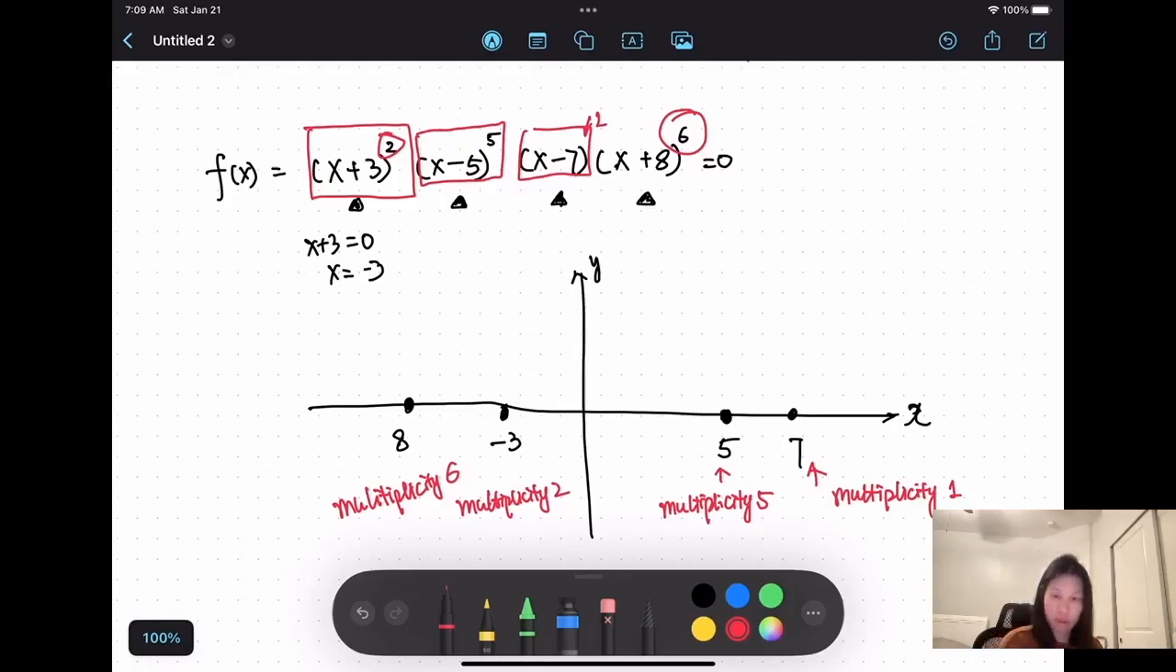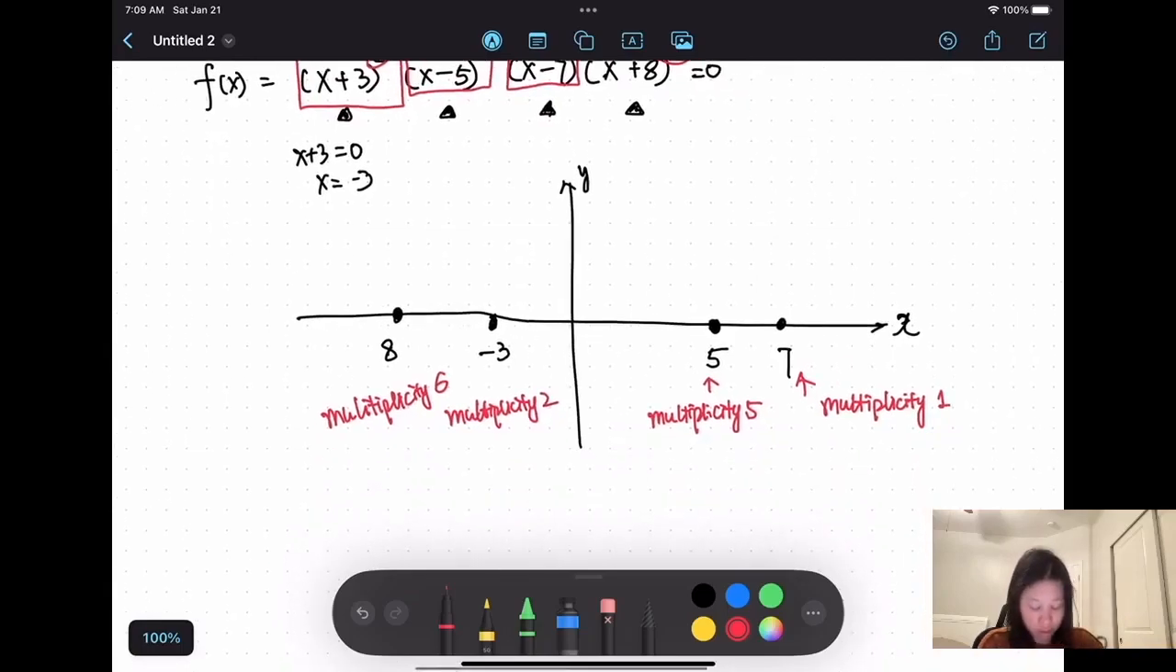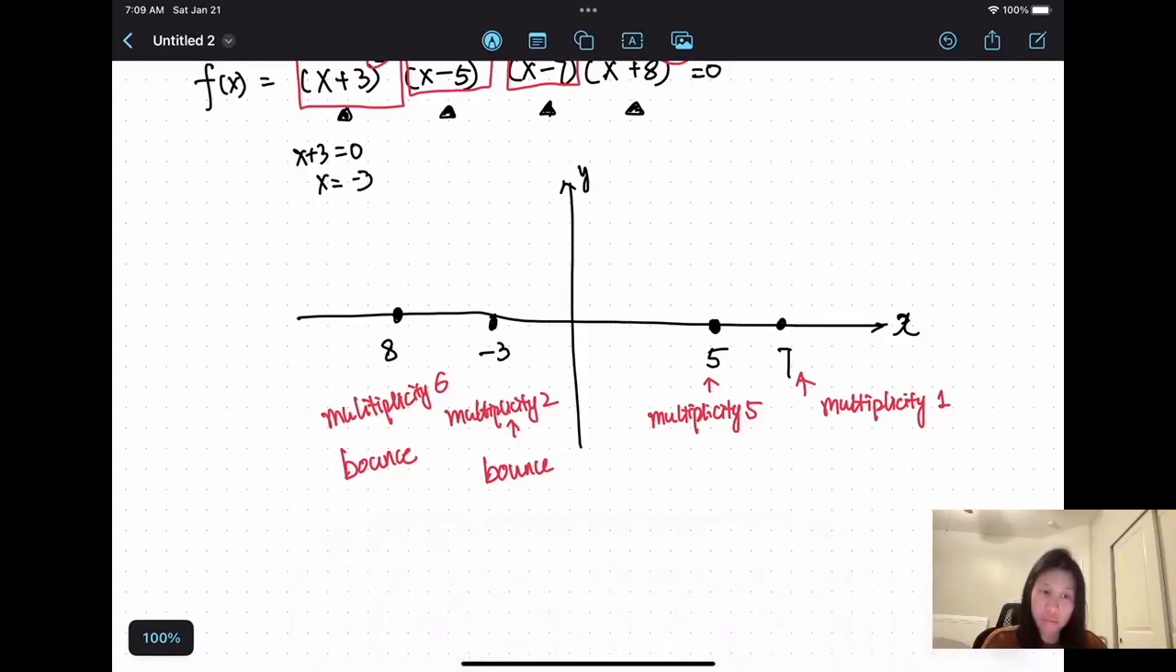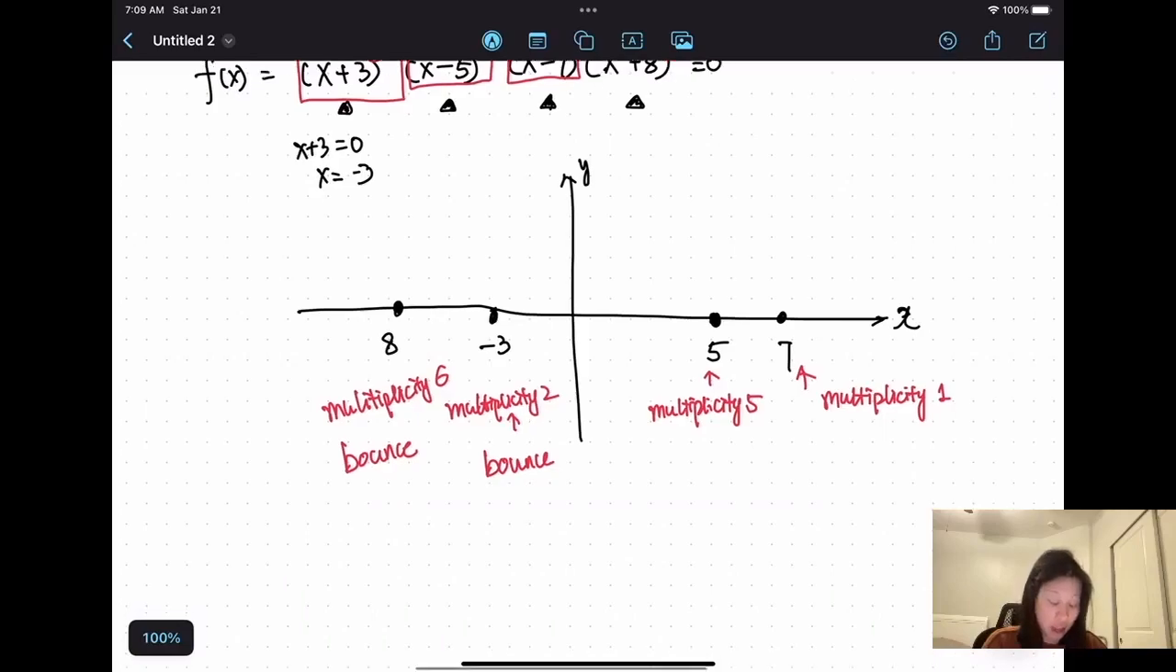Okay, so we talked about that if the multiplicity is even, the graph is going to bounce. If it's even, that means this one, equal to 2, is even. So that means here the graph is going to bounce. And in here, the multiplicity is an odd number, so this is going to be a cross. And this, since it's equal to 1, an odd number, the function is going to cross. So okay,